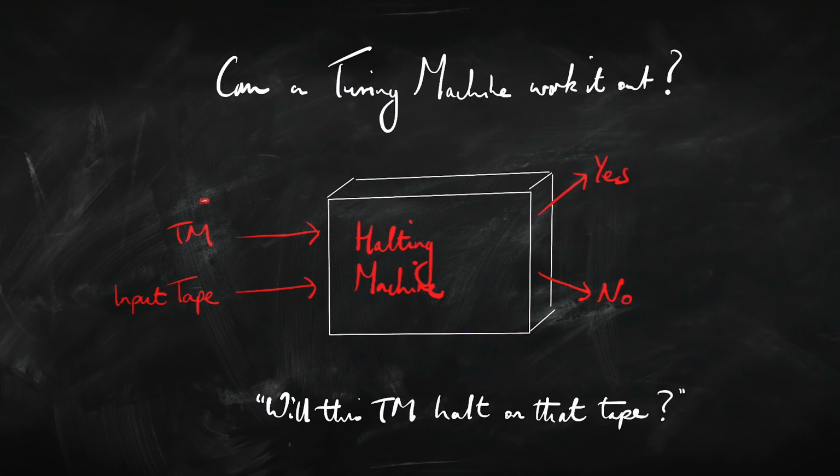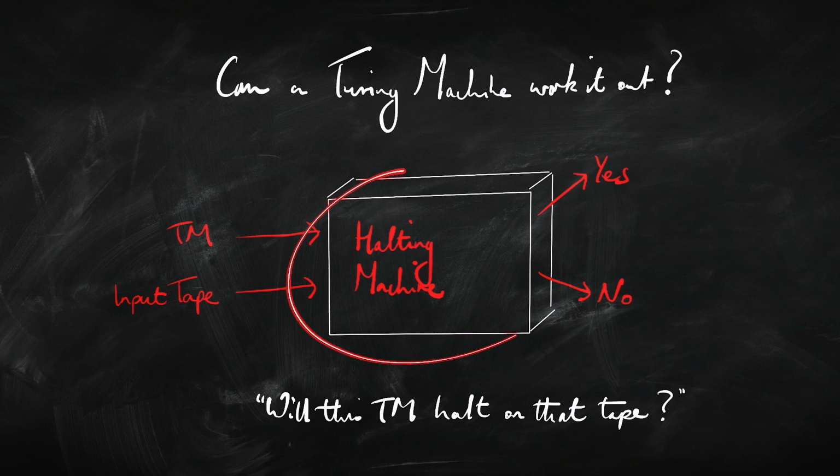Basically what we're doing is we're taking the Turing machine, we're coding it up on a tape, and then we're sticking this input tape at the end of that tape, and we're putting it all into the halting machine, and we're going to get an answer. Yes, that machine's going to halt, or no, that machine's not going to halt. Turing then gave a really nice argument that shows that this little box here is impossible, and it goes like